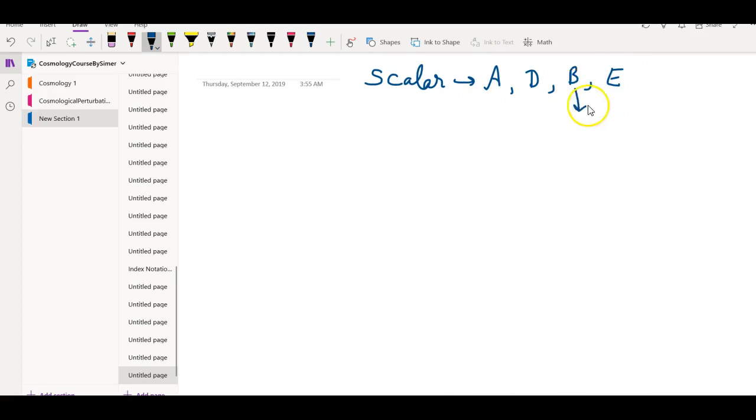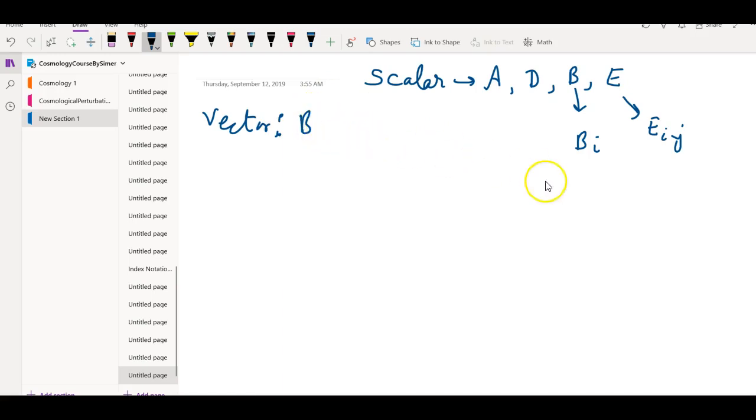So this one is extracted from vector bi, this one is extracted from tensor eij, and then we have a vector